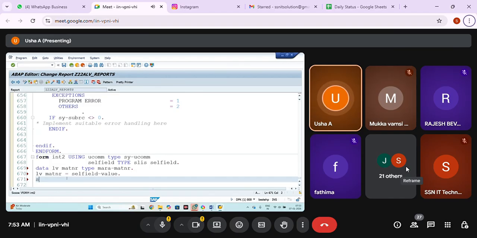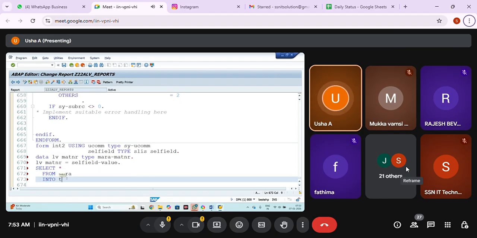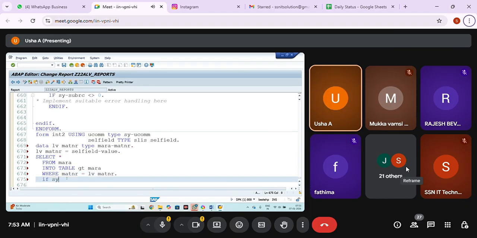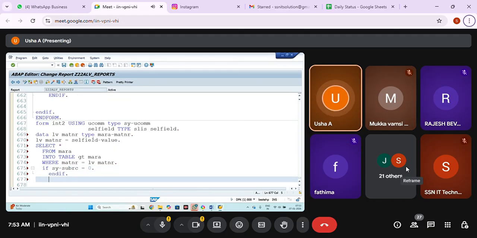Now I'll pass this select star from MARA into table GT_MARA where MATNR equal to LV_MATNR. If SY-SUBRC equal to 0 and end if, then what I need to do?